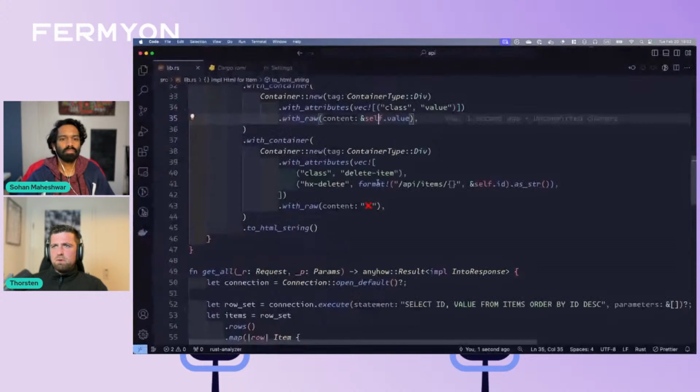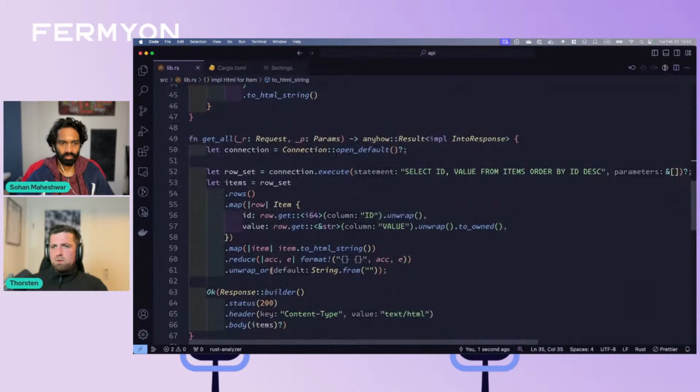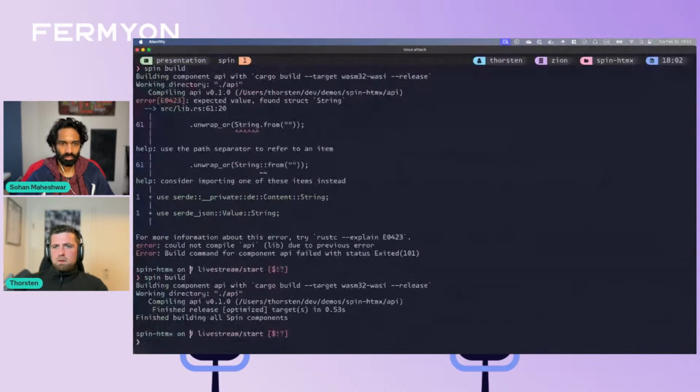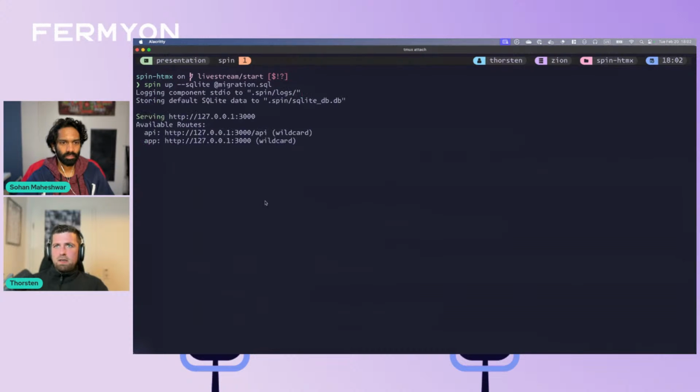Expected value found struct string. Okay. Map reduce default string. Yeah. This looks better. Okay. So once the Rust compiler is happy, we can do a spin up